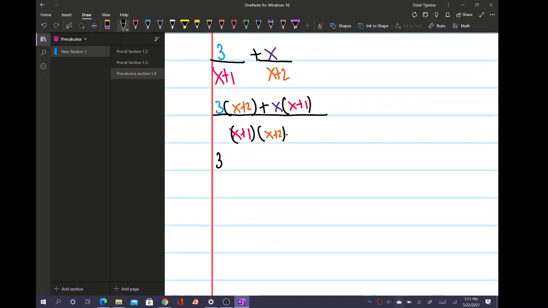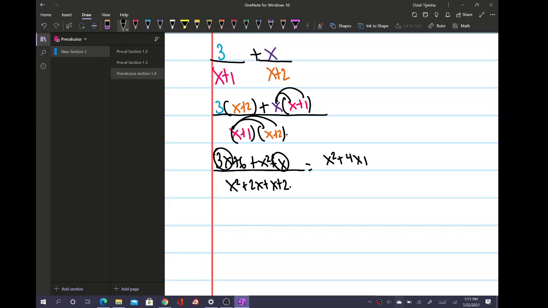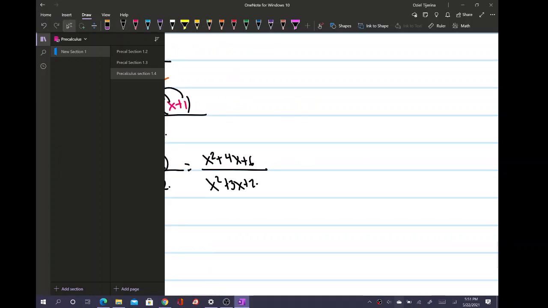So this would be 3x plus 6 plus, and then we have x squared plus x over x squared plus 2x plus x plus 2, right? This equals x squared plus 4x, because it's 3x and x, and then plus 6 over x squared plus 3x plus 2. And then you can try simplifying that to see if there's any factors that cancel out. So you can factor the top and bottom, right? You can say the top is 6, and then basically you have a 4, and then you have two numbers that multiply to 6 and add to 4 are,